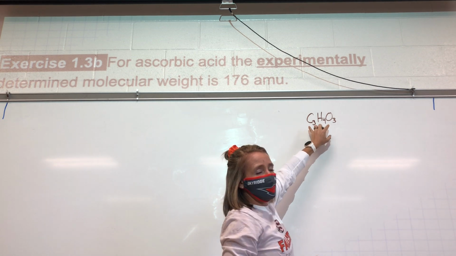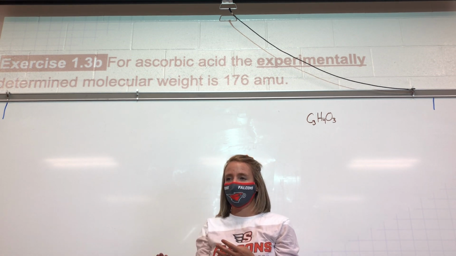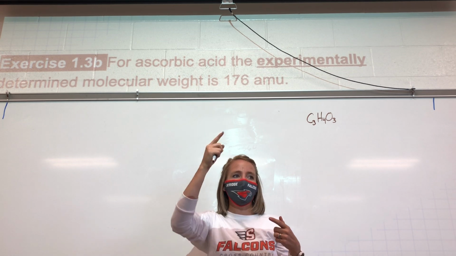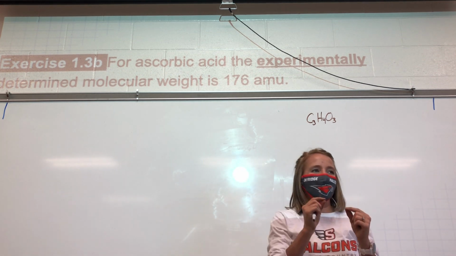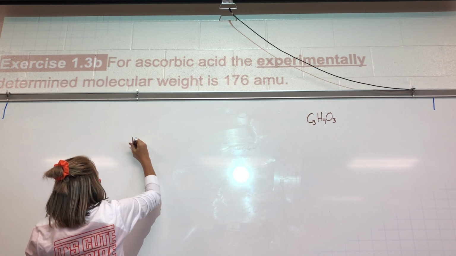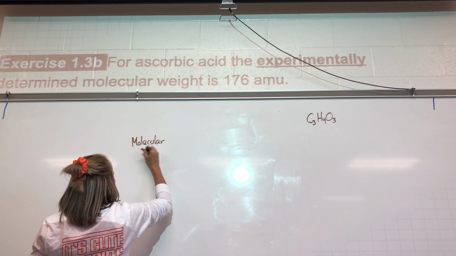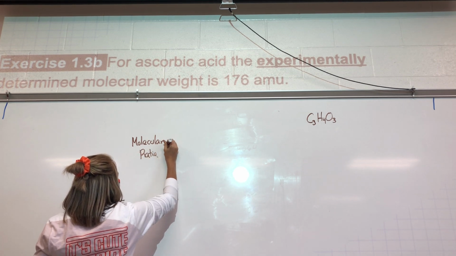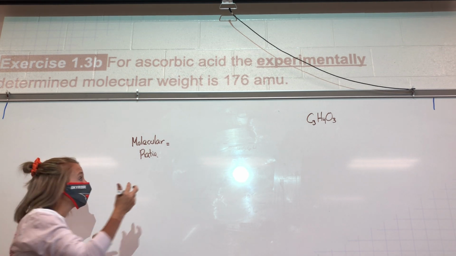So we know that the empirical to the molecular is just a multiple difference, right? It's either double or triple or quadruple. There's some higher multiple of this. So all we have to find is what is that multiple, okay? So to find the molecular ratio, we're going to take the mass they gave us, which is the total mass,